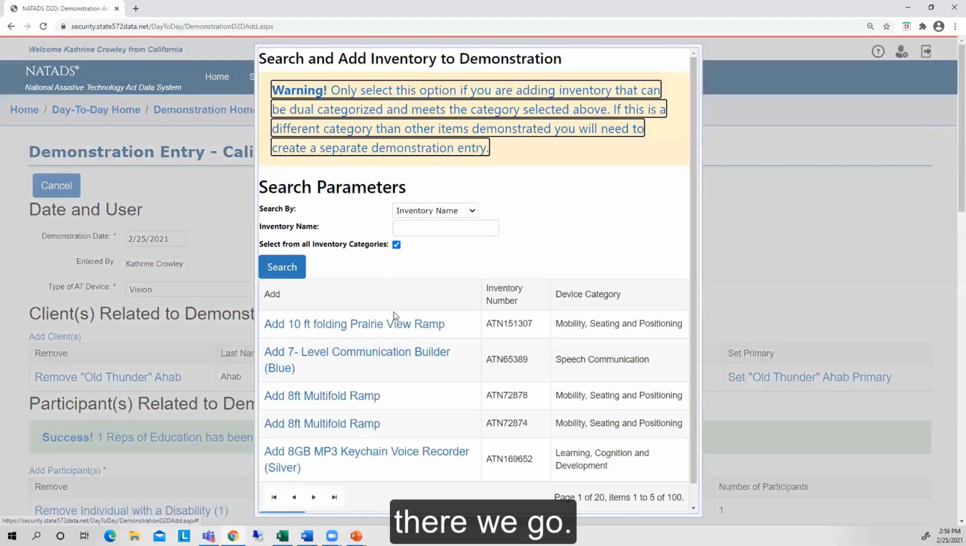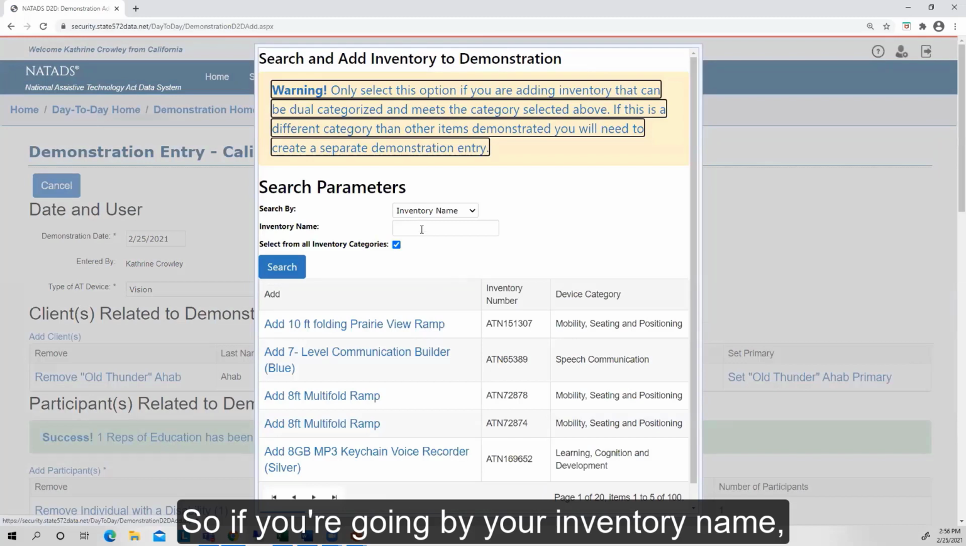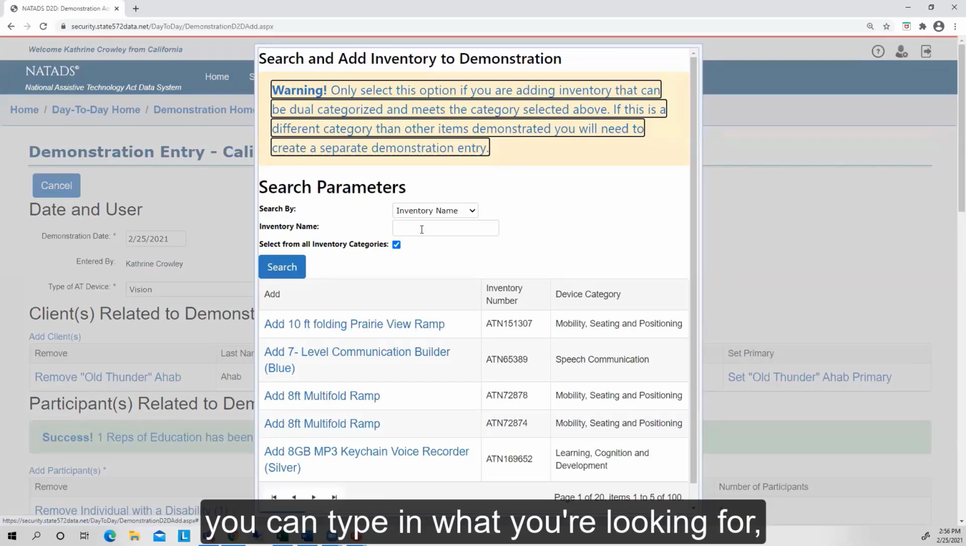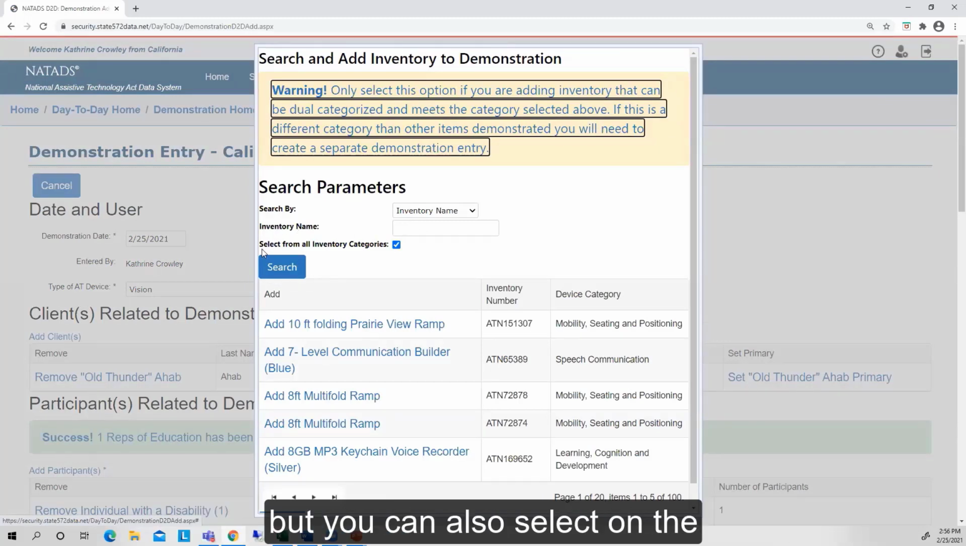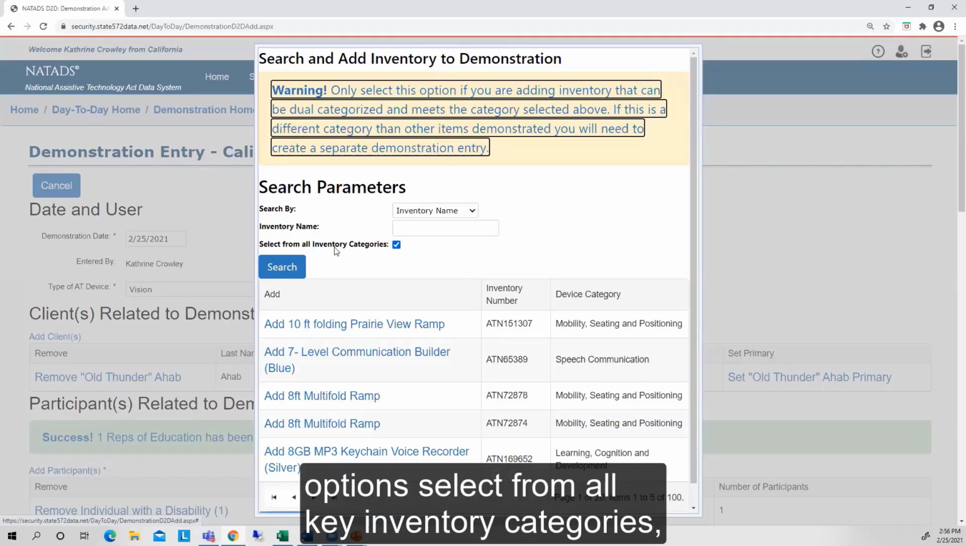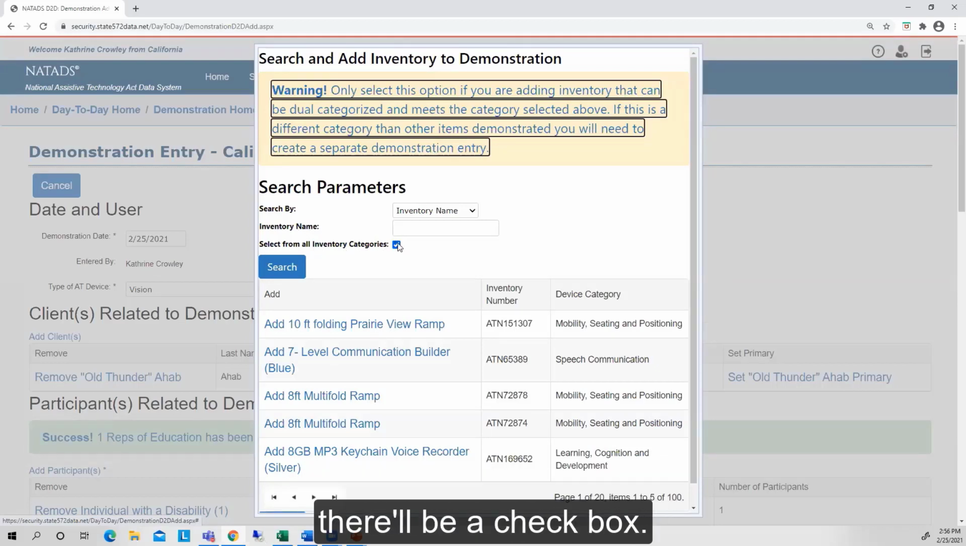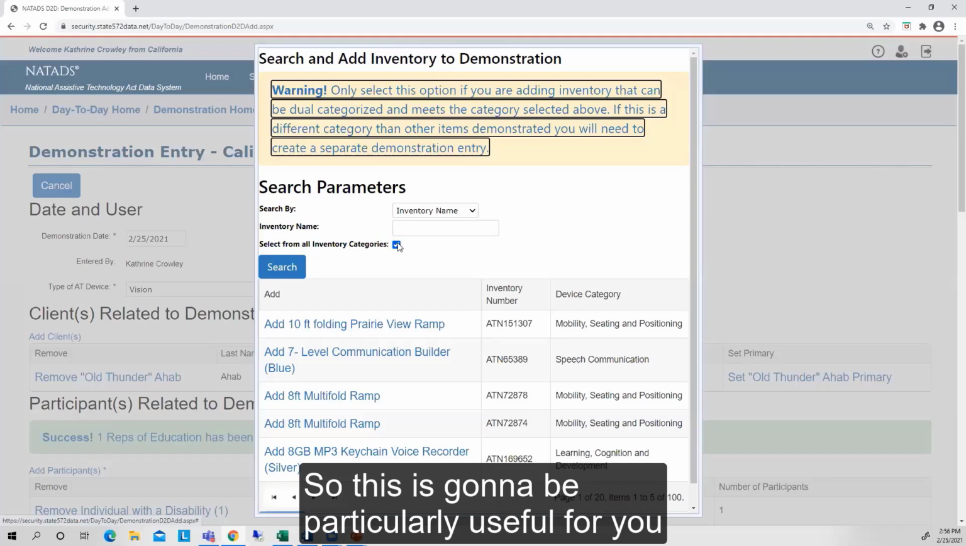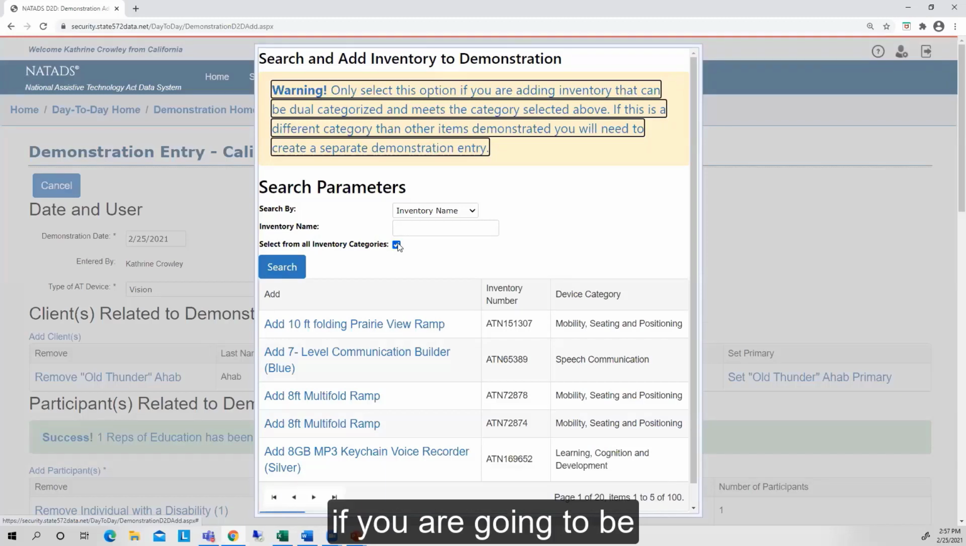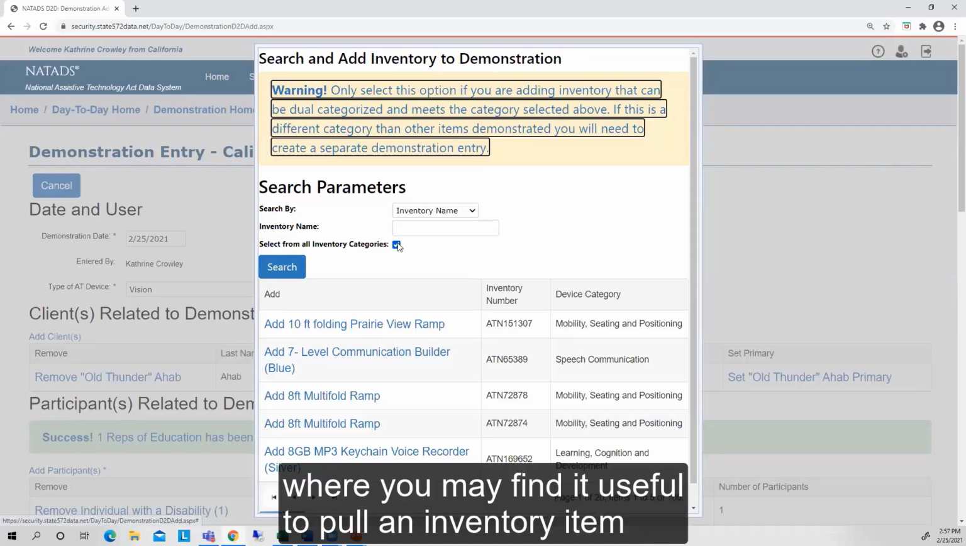So if you're going by your inventory name, you can type in what you're looking for, but you can also select the option select from all inventory categories. There will be a checkbox. So this is going to be particularly useful for you if you are going to be using multiple devices when doing your demonstration activity, because there are situations where you may find it useful to pull an inventory item from